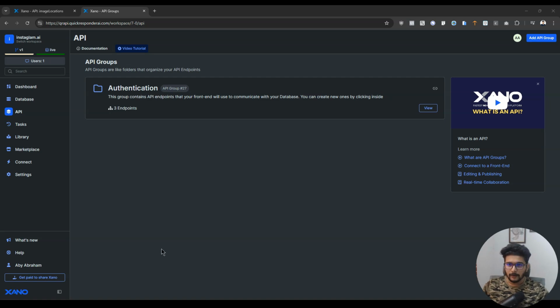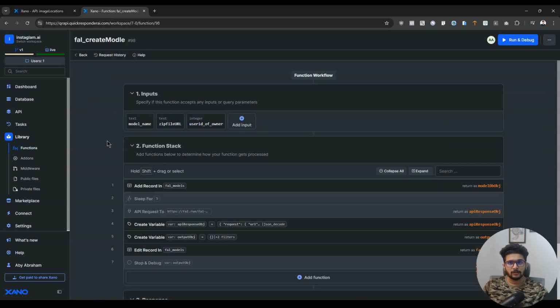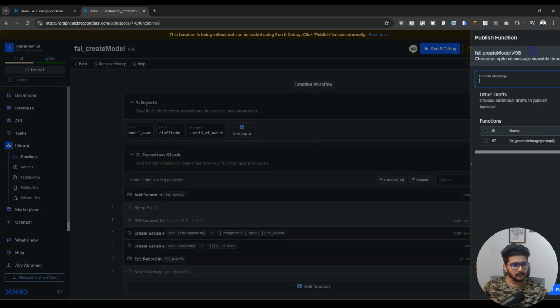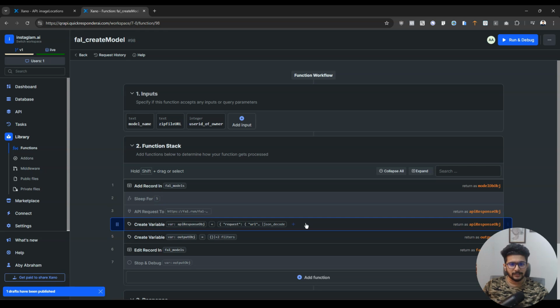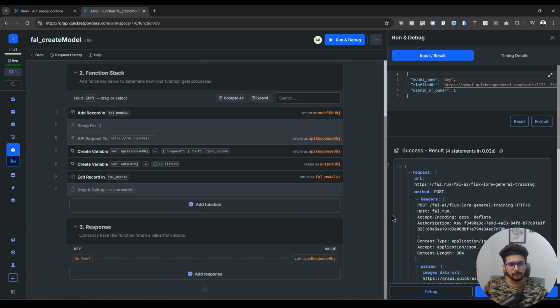All right. So far we have created the function that will create the model. I made a typo. Let me fix that. More in fal.ai, right? And for now we are just returning a test response. Next step is I need to figure out